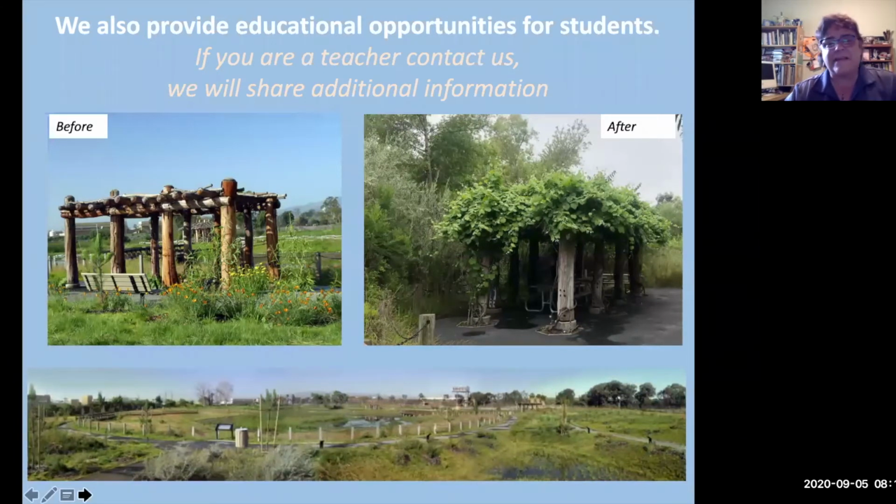I love this slide because this is what the land looked like when it was freshly planted, this bottom part. This is the education arbor. These are eucalyptus trees that have been repurposed and now look like this. The grapes have grown over them. What's really significant is the historical value as well. Not only the recycling is important, but the history is important. Those eucalyptus trees were planted by the early Spaniards that were here as part of Rancho Palos Verdes.